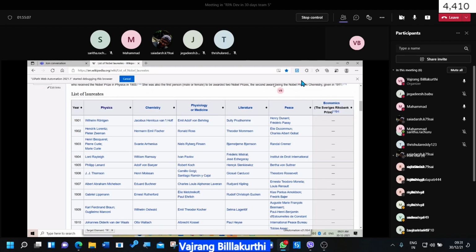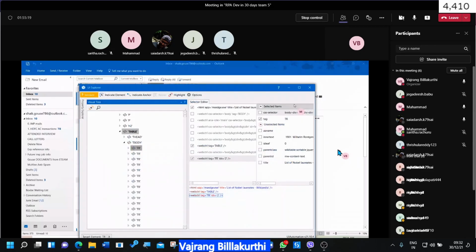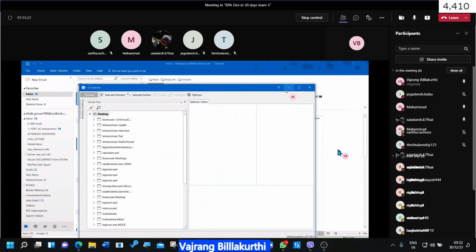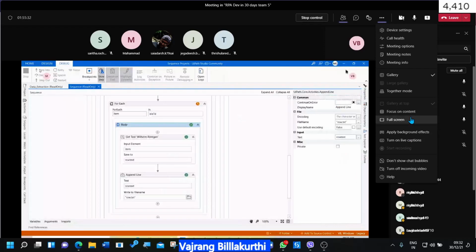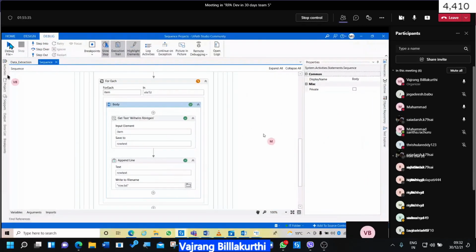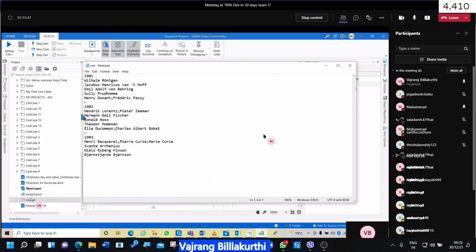Okay, let's stop it. Open UiPath. Okay, if you go to the project and refresh, there is row.txt.